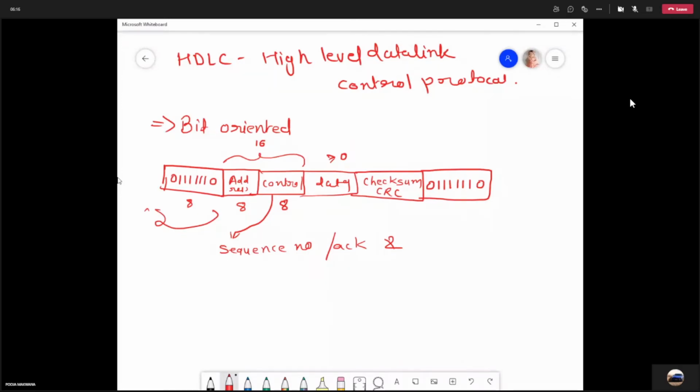right? So basically there are three types of frames that may be there in the HDLC protocol. The first one is the information frame. The second one is the supervisory frame.